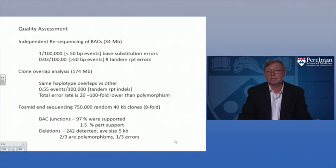In addition to these quality control steps, a fosmid library was created from an individual genome, and all of the fosmids in the library were sequenced at both ends. And this gave the community a set of paired end sequences of a particular orientation that covered the entire genome about 8 times. And by mapping each of those end sequences back to the reference sequence, you could ask the question for that individual fosmid,